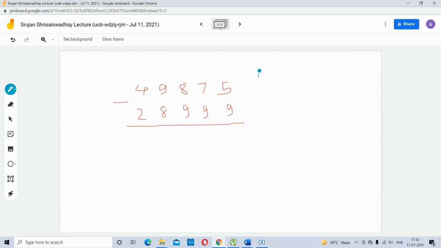Now the first step is 5 minus 9. 5 minus 9 is minus 4. So since the sign is minus, I'm going to put a dot below this 7. Now simply 10 minus 4 is equal to 6. So I'm going to put a value 6 over here. Now second step is 7 minus 1 because a dot is there. So my answer is 6.